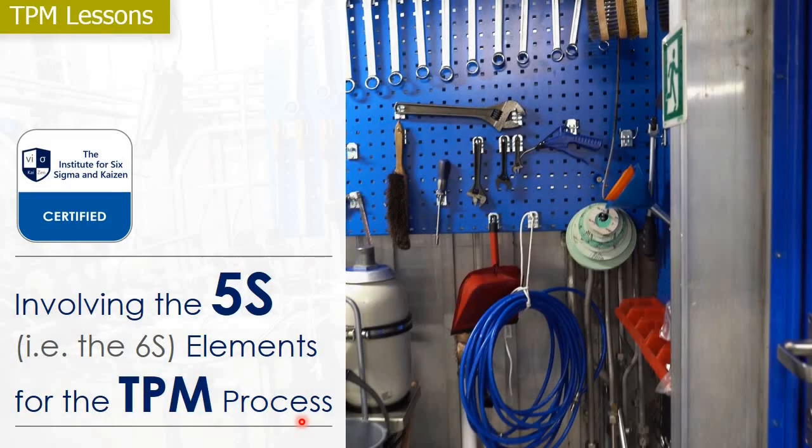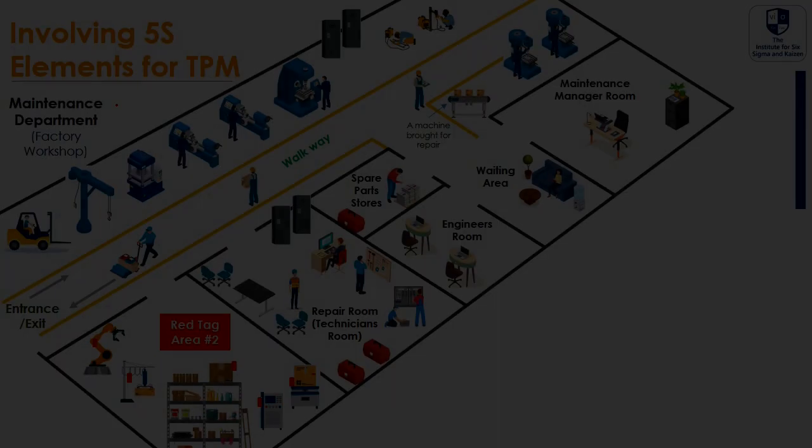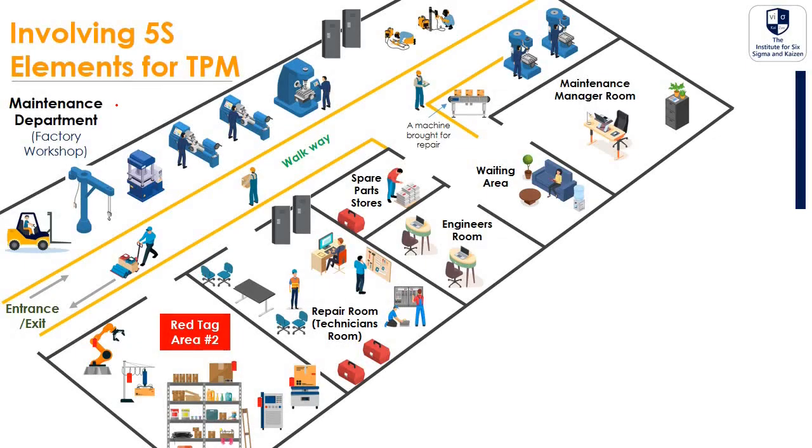Now we will see how we can involve the 5S, otherwise the 6S elements, in the TPM process. When it is coming to TPM, we need to mainly deal with the maintenance department and the production department. Now, if you want to involve 5S with the maintenance process, we need to primarily focus on the maintenance department